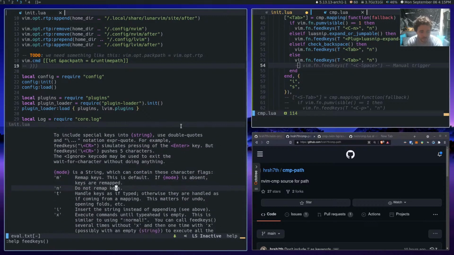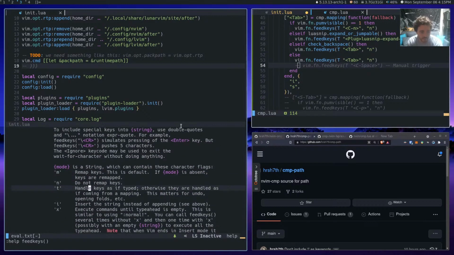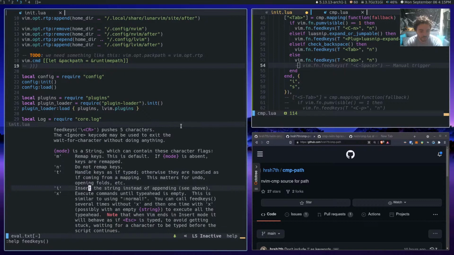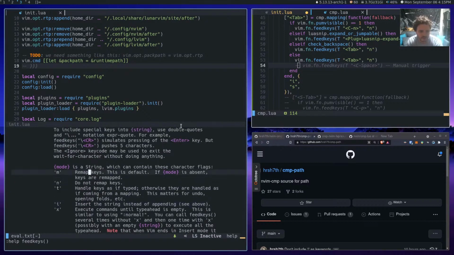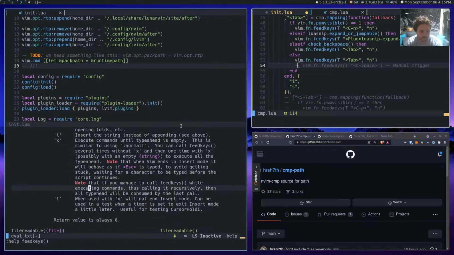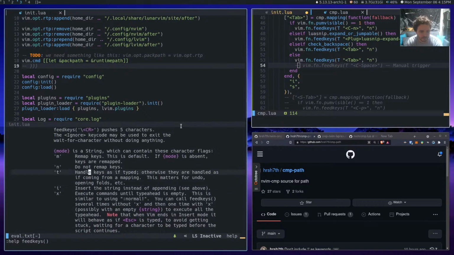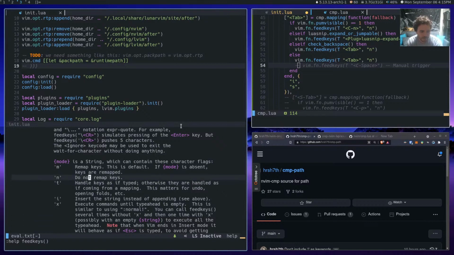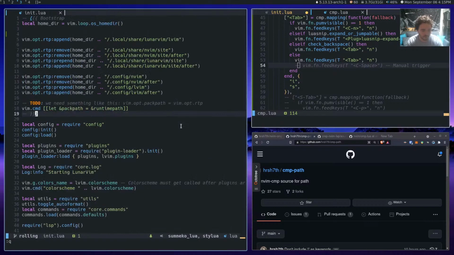And here's N. Do not remap keys. Okay. T, handle keys as if they were typed. Otherwise, they're handled as if coming from a mapping. Okay. Insert string instead of appending. That seems to just be confusing. M is remap. I feel like we want either N or T from that, from just cursory reading there.